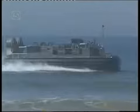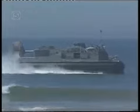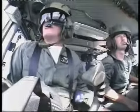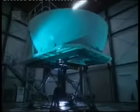The LCAC ferries Marines and their equipment between ship and shore. They can carry up to 75 tons of equipment over 200 miles. The Americans even have a hovercraft motto: no beach, out of reach. Learning to fly a hovercraft requires high-tech training techniques. The LCAC costs as much as a jet fighter, so any mistakes must be made here and not on the